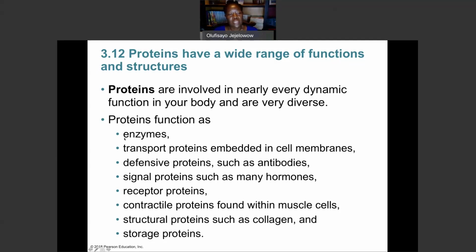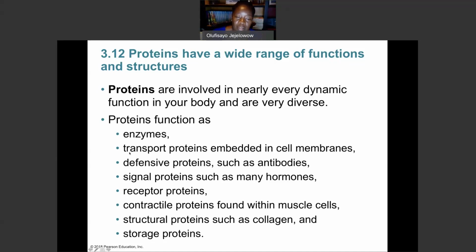They function as enzymes. All of those chemical reactions that take place in our bodies to make the body function, many of them would take forever to complete without the help of enzymes. But enzymes speed up the rate of chemical reactions, helping the body to respond to changes in the environment and bodily needs on time to sustain life.